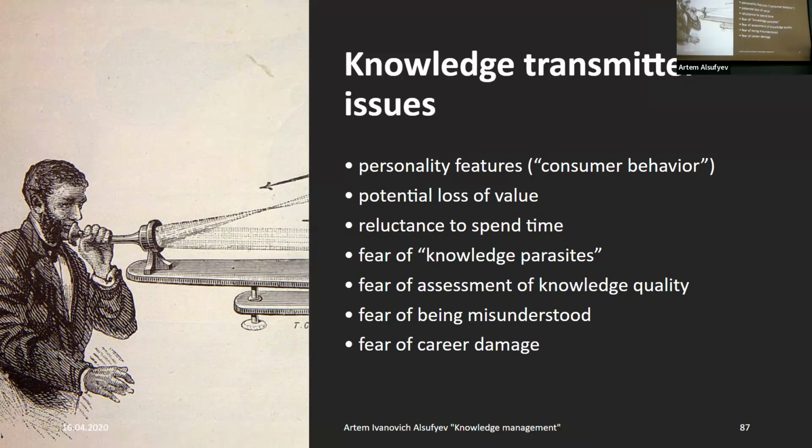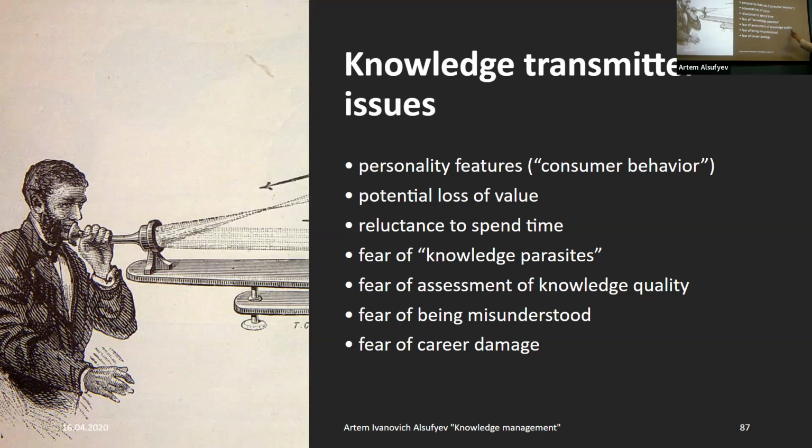Please have a look. These are the main knowledge transmitter issues. The person who shares knowledge faces, for instance, potential loss of value, which we already discussed, but there are more aspects, and you as managers could understand that each of these aspects you could tackle somehow. For instance, creating trust so people do not think that they're going to lose value, or reluctance to spend time because you do not have time: you study, you work, you do not have the opportunity to spare time for your fellow colleagues. So you could do that.